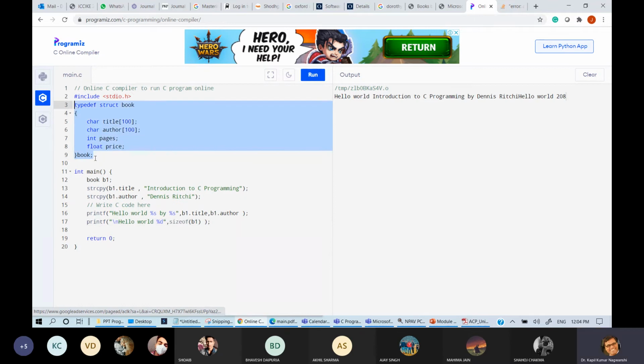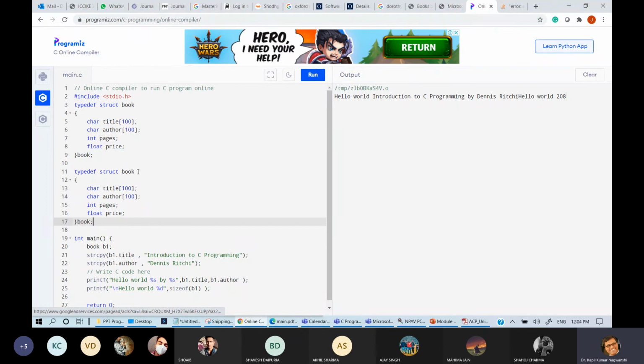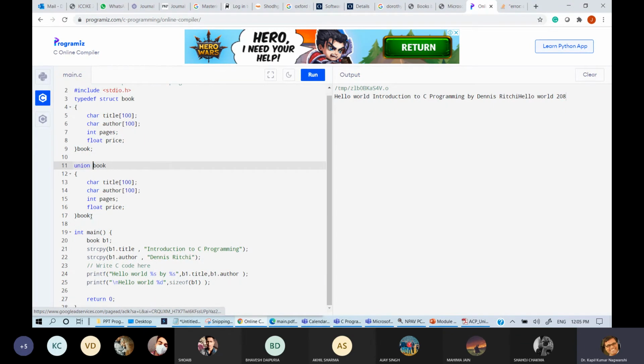And let me one more thing I will declare. Typedef struct. Instead of using struct, I am using union. Okay. Union book, and even I am not using its name as book. Its name as journal, so that it will be separated from journal.